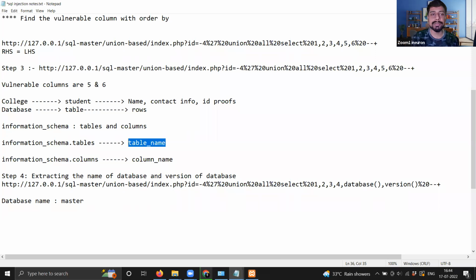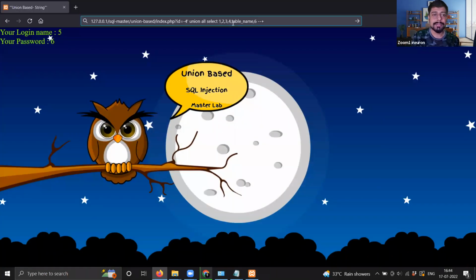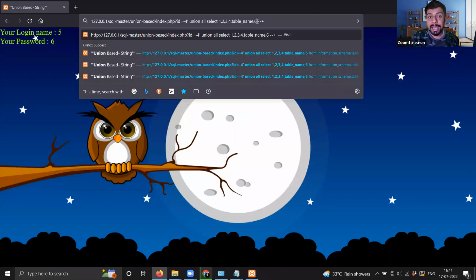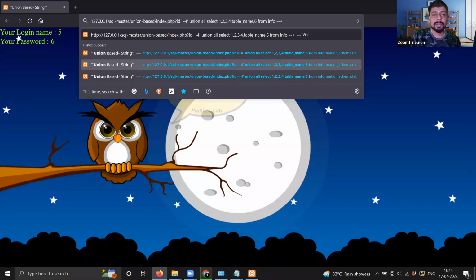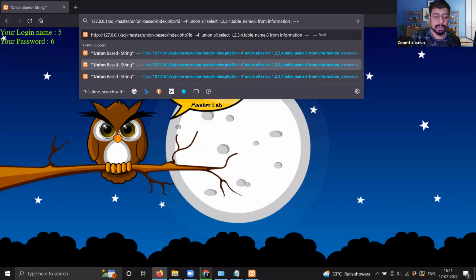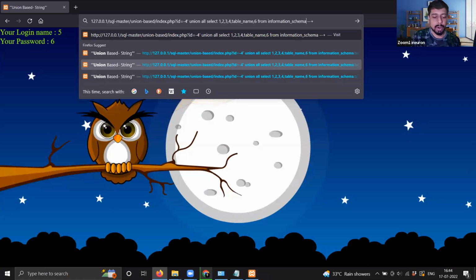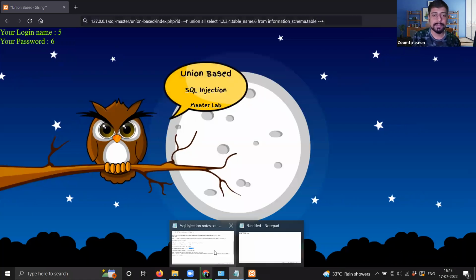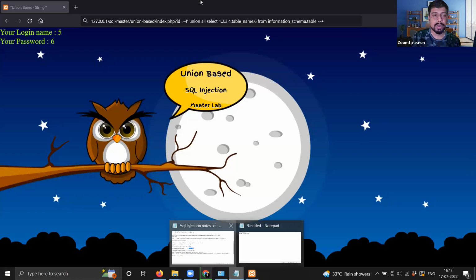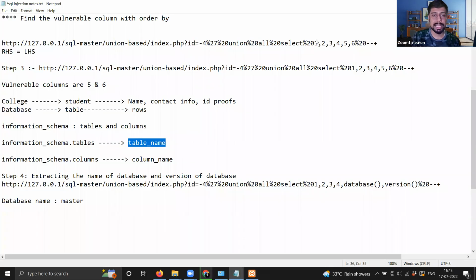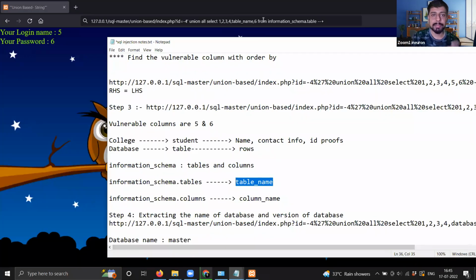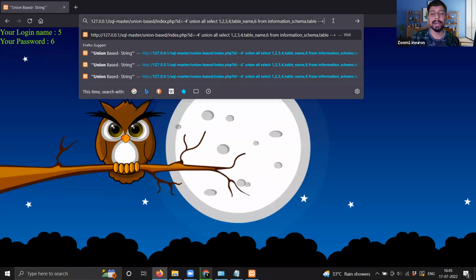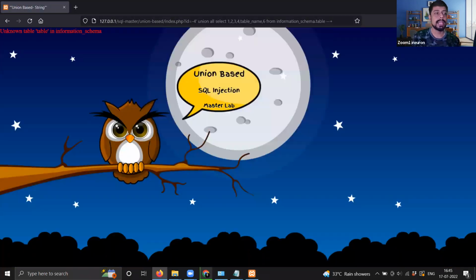So let's go ahead and try to find this. Instead of 5, I've written table name. From where? From information underscore schema dot tables, right? This is what we have written in our notes a few minutes back. Let's cross check it. So I'm gonna write table underscore name from information underscore schema dot tables, right? This is what I've written here. So let me go ahead and try this real quickly. Okay, it says unknown